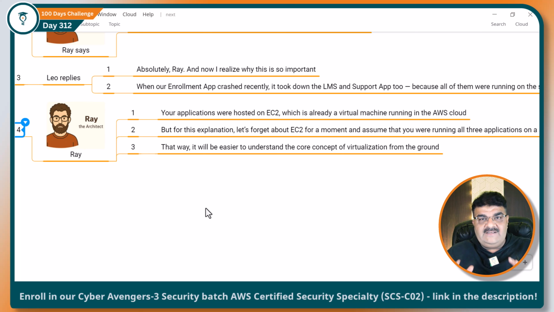What you have to do right now is just assume that you have three applications, your LMS, your support app, and your enrollment app, loaded into one physical machine in your data center, right? I will talk about EC2 instances in upcoming days. What is EC2, how virtualization works there, we will discuss. But right now, for current understanding, you have to assume that all three applications are loaded into one physical machine. Okay, got my point? Now, let's understand